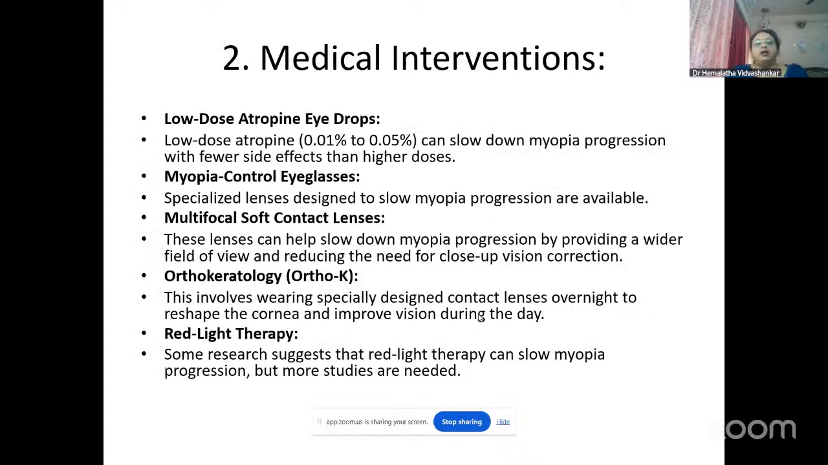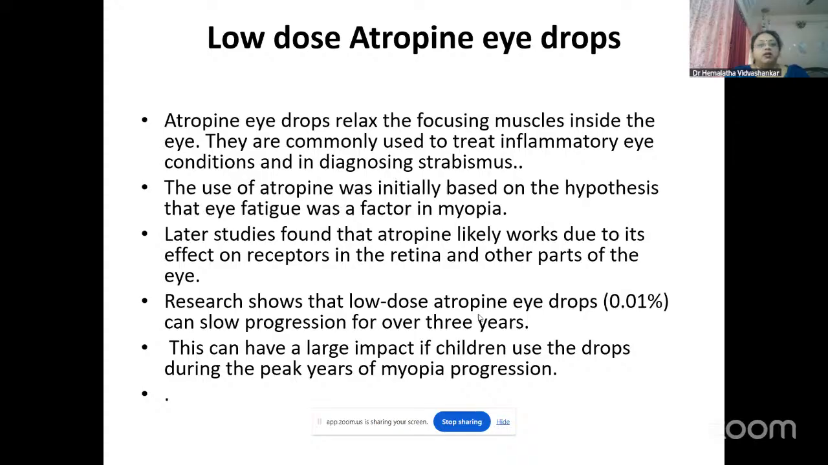Coming to medical intervention, the most effective drops which helps in myopia control is a low dose atropine drop. Then we have myopia control glasses. We have multifocal soft contact lenses. There is a technology called orthokeratology and also red light therapy. We'll come to each one by one. Now,